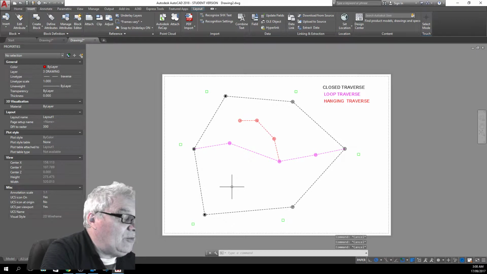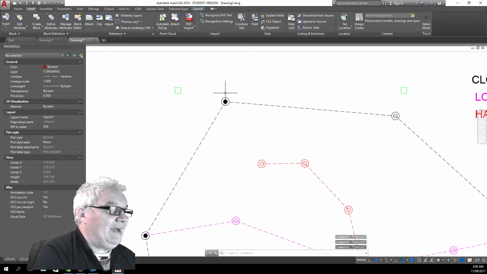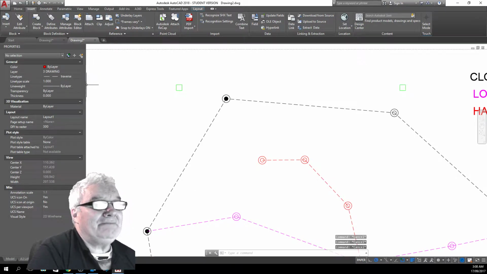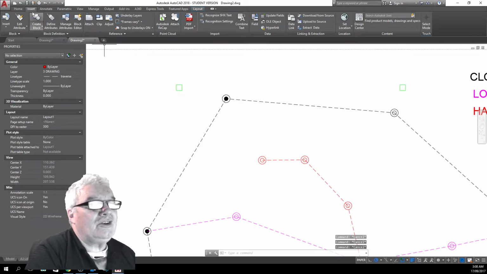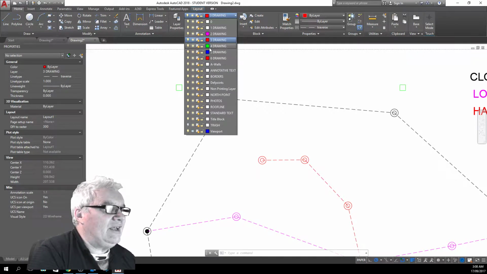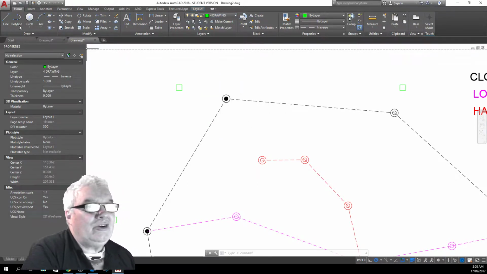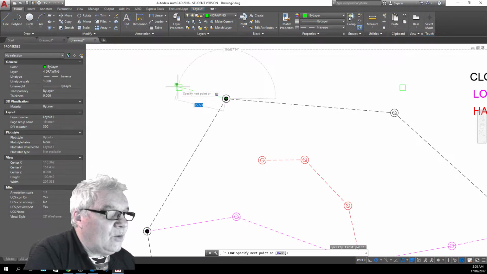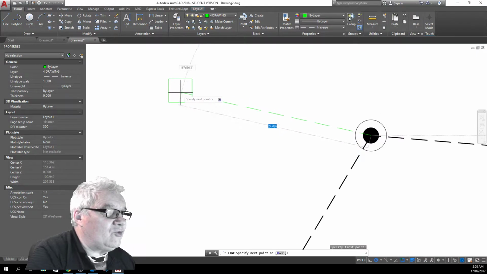So what would happen there is that at each one of these control points, we would measure and observe from here with a setup out to here,